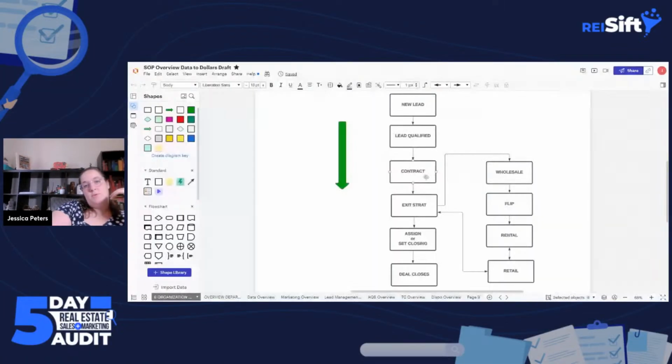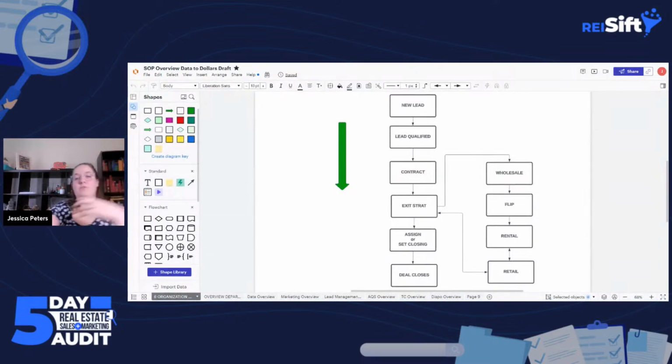All right. The last thing I want to share as far as creating SOPs would be that you can also incorporate flow charts. So these are some of the flow charts that we create. I go over a lot more detail about creating that SOP index and creating SOPs. And I really go over these flow charts.